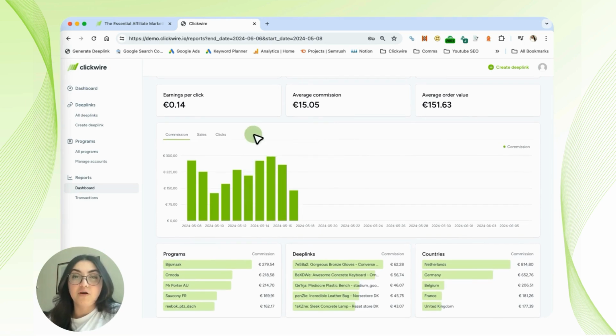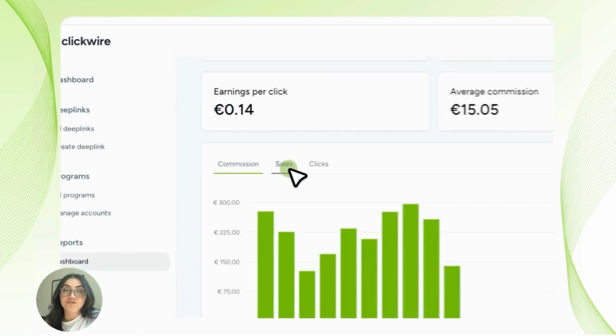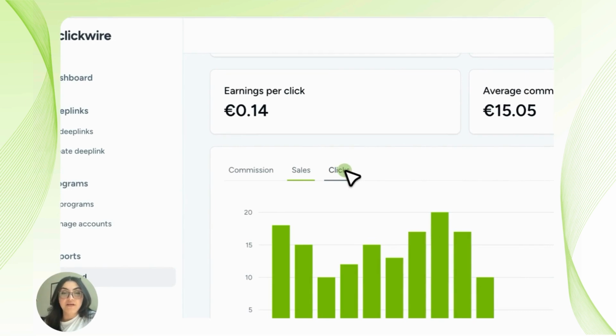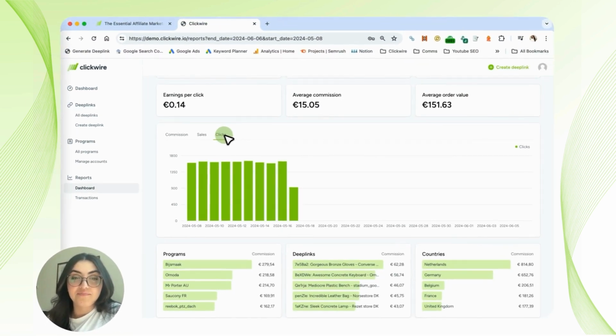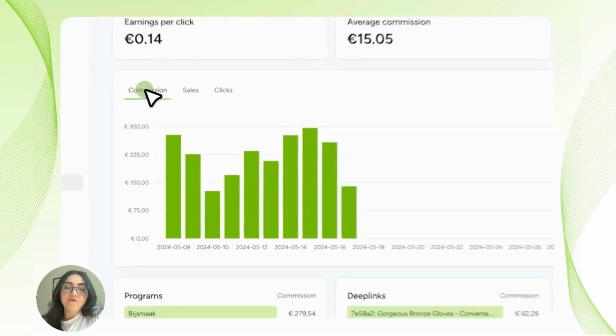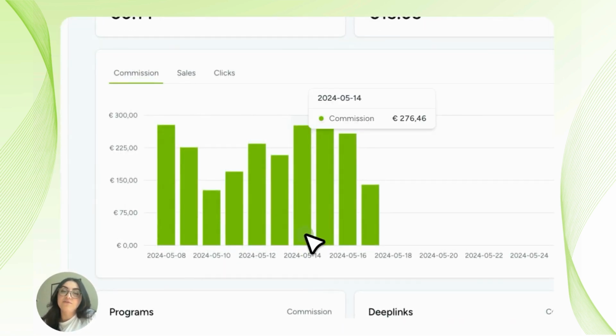Now, if you scroll down, you're going to see the second block. And in the second block, we have a bar chart. And in this bar chart, you can see commission, sales, and clicks, depending obviously on what you want to see, and of the sales that you've done for that specific time frame that you chose. But the cool thing about this part is that you can grab with your cursor and go above every bar chart to select exactly the days that you want to see information specific for that specific KPI or that specific metric. So if we are talking about commissions and I want to see the ones for the 14th of May, I'll just go with my cursor and stand on it, and it tells me exactly how much commission we made that day.